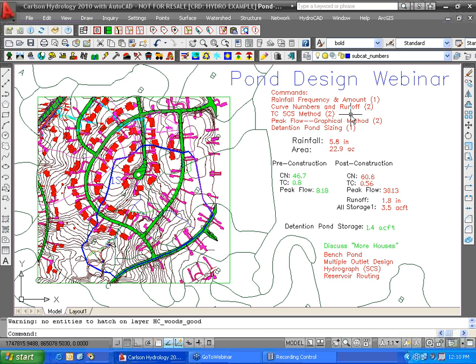Then you do the time of concentration also twice, for the pre-construction and for the post-construction. Then you do your peak flow twice, pre-construction and post-construction. Then, focusing on the post-construction, note your runoff condition,